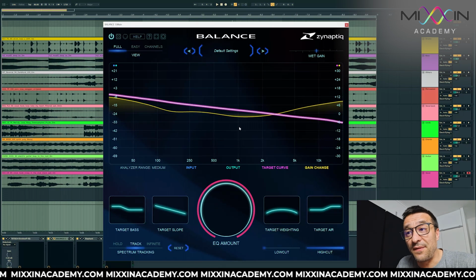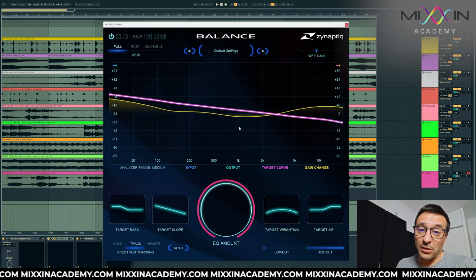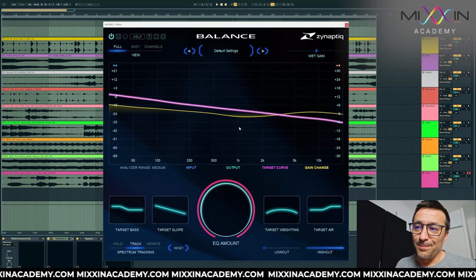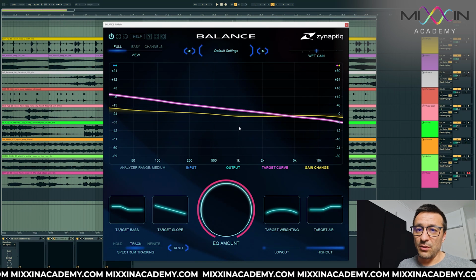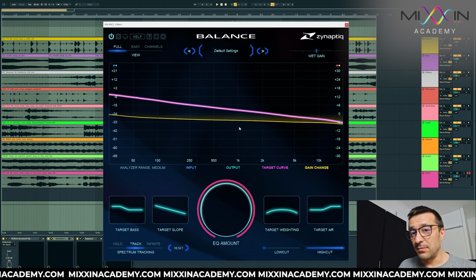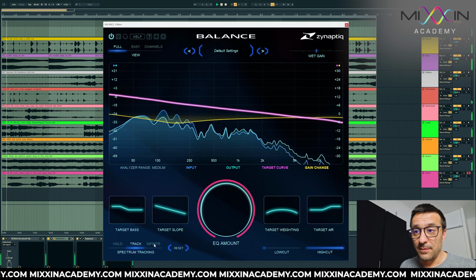So you could use it in that fashion where it's constantly trying to adapt whatever is playing to the target curve. Or if you want to apply it to a full song, a full song is going to have different sections in the song. So maybe sometimes it's going to be a breakdown, sometimes it's not. So you could actually scan it, get a target curve like